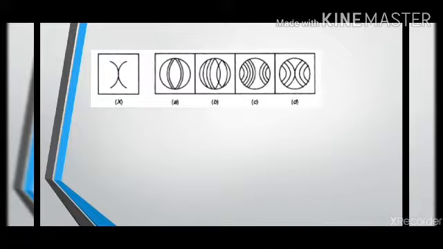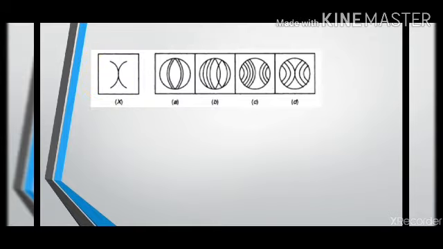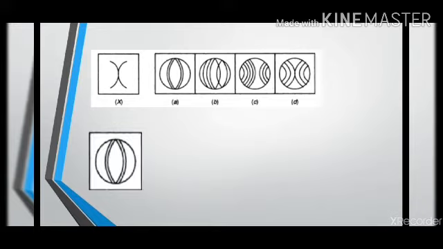Here the main question, the question figure has the figure X in it. You'll have to find this X like image in your option. Which of these options from A to D has the image X? Now let's see option A. In option A, you will see you have two curved surfaces, but it's not curved in the way I want. It's like an oval, but not an image of X.